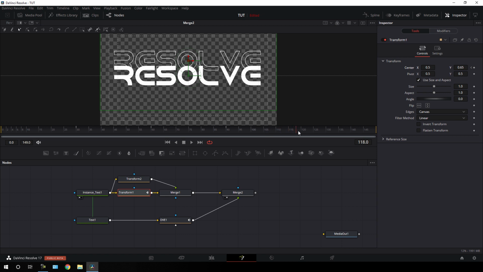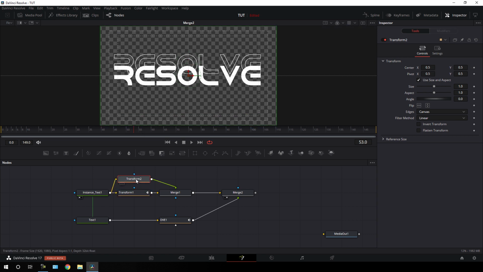And again go 1 second forward in time to frame number 120, which is equal to 4 seconds, and let's drag it down and set it in the center. So set this value to something around 0.5. We have this type of animation as you can see, and now let's do the same thing with this transform 2.